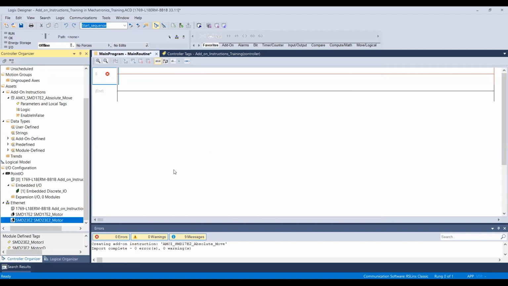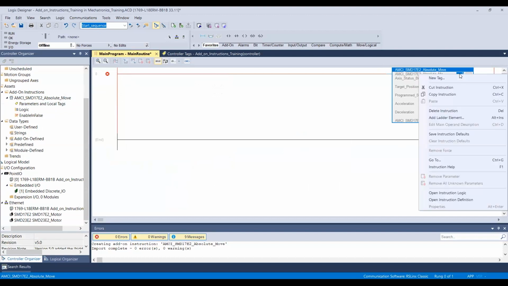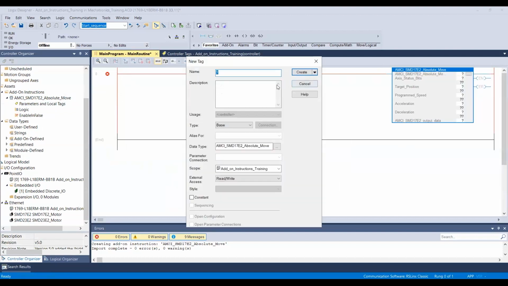Now, if I want to, say, do an absolute move for the SMD17, just simply drag that over here. And then this is where we create the unique tag for this that's associated with this AOI in that particular command. So I right-click on it, select new tag, and it creates its own data type that's associated with that add-on instruction. We don't have to worry about any of that stuff. The only thing we have to worry about is naming it. So we're going to call it SMD17E2 absolute move